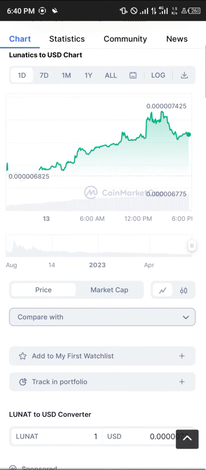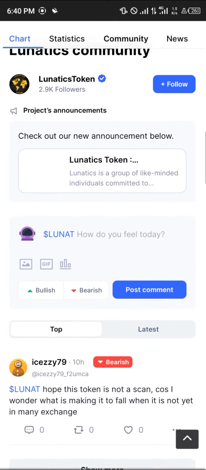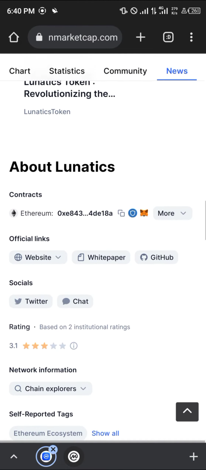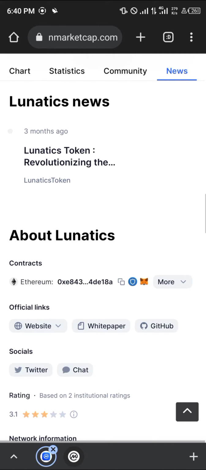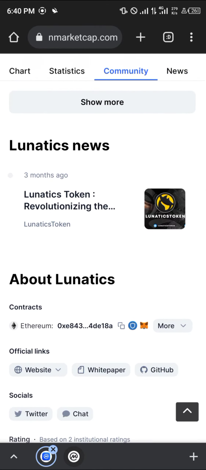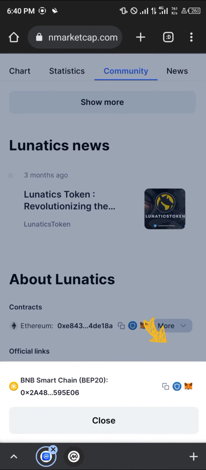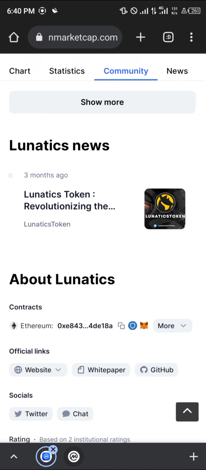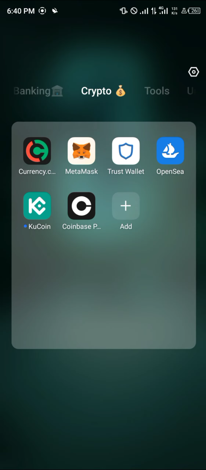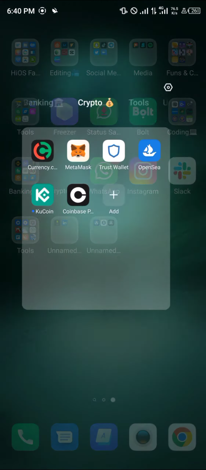Once you're done with that, you simply scroll down till you get to the about, where the Lunatics, Ethereum, and BNB contract address is stored. As you can see, if you click the drop down for more, here is its BNB. You simply click on copy, close this, minimize your browser, open up Trust Wallet,